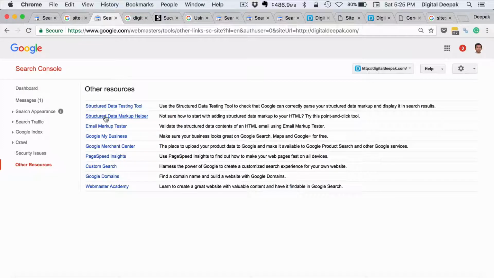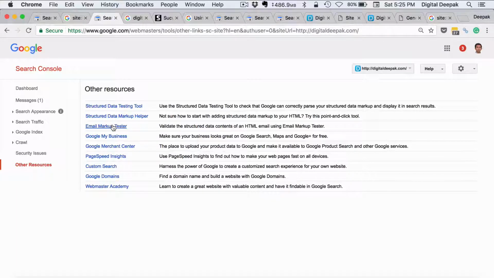So basically, if you have seen star ratings on websites and if you have seen recipe related information on Google search, where there is some extra information on Google search apart from the actual result itself, right? So this we will explore more in the structured snippets module. And here you have structured data testing tool and markup helper, where you can go ahead and check if your website is working well for those particular markups.